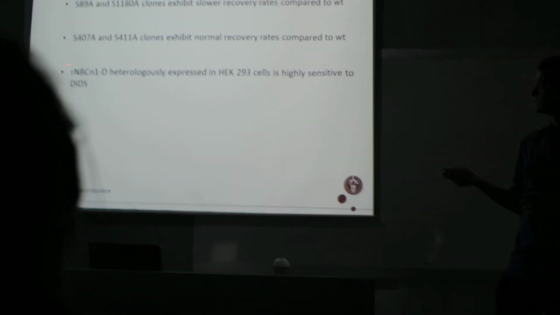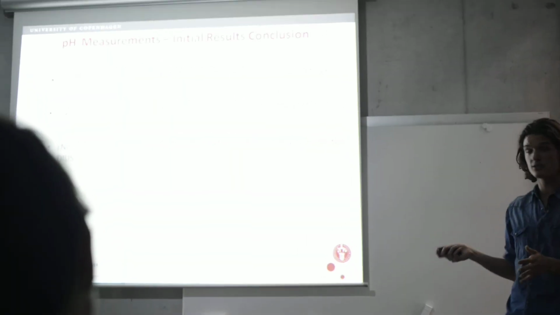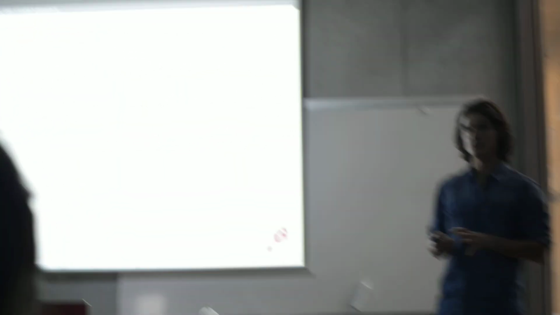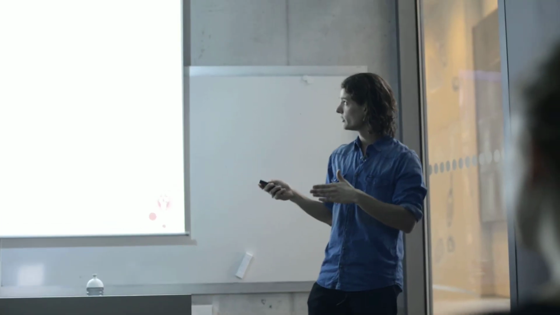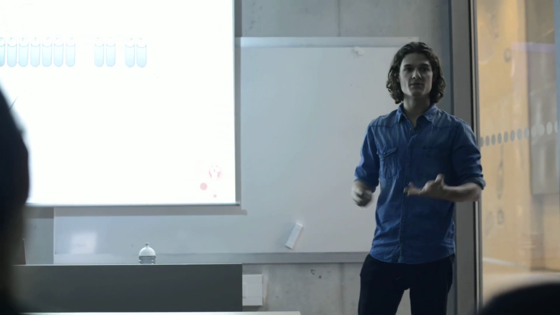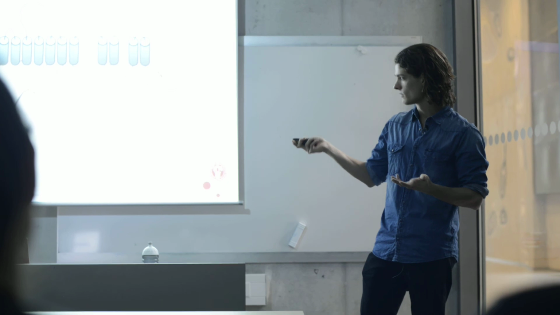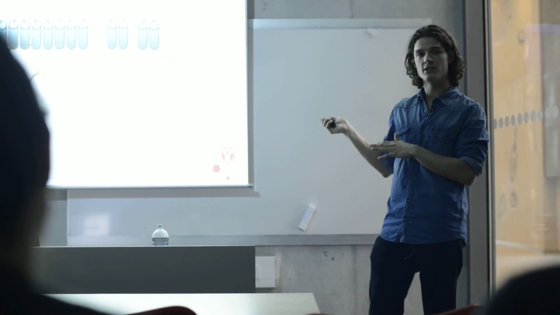Another interesting conclusion I can draw is that rat NBC1, which is heterologously expressed in these HEK cells, was highly sensitive to DIDS. So we decided to go on further with this, and since these 2 clones were the interesting ones, we wanted to elucidate what's the mechanism behind this reduced recovery rate. So we stopped looking at those 2 mutants, and we only look at these 2. In the same study I talked to you about before,